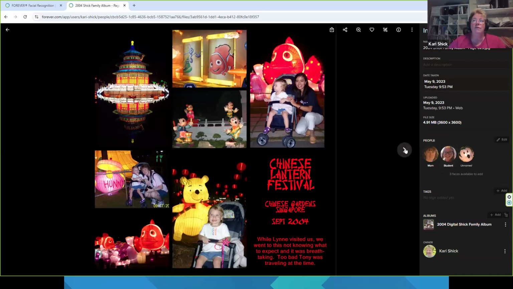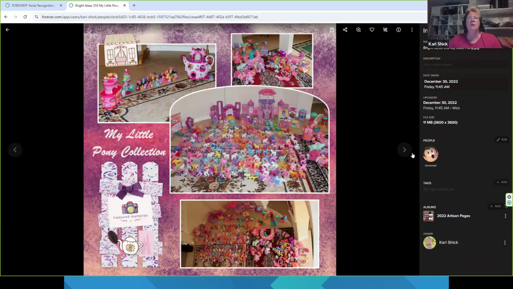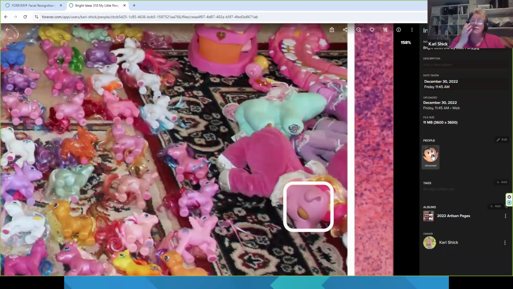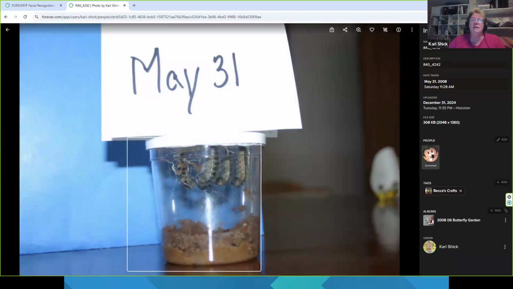So now I want to show you a couple of other things that it thought is this same face, which is Mickey. So when I hover over this, it actually has this My Little Pony here, and it thinks it's the same face, but I can tell you that's definitely not Mickey. And then this, I was looking at, how did it identify this as a face? But the more I look at it, the more I'm realizing, okay, I can kind of see there's some eyes, there's kind of a nose, but this is not really anything. So in this one,